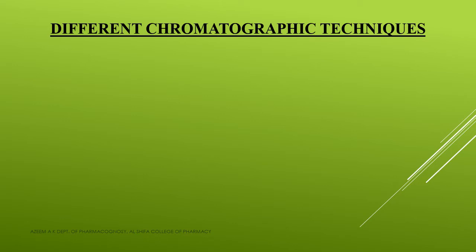So regarding your exam point of view, sometimes an essay question may be asked like this: explain about the principles involved in different chromatographic techniques. Then you have to write the entire things under the section chromatography. And in some cases, the question will be like this: write about HPLC, HPTLC, thin layer chromatography, paper chromatography, etc. for 5 marks. That time you have to write that part alone. So before that, first you have to give an introduction to chromatography, then you have to go to the particular question which is asked. Clear?